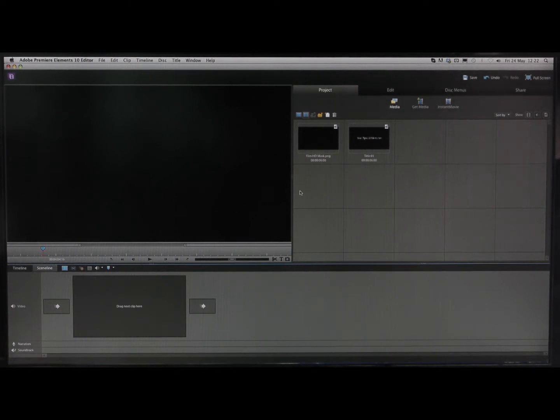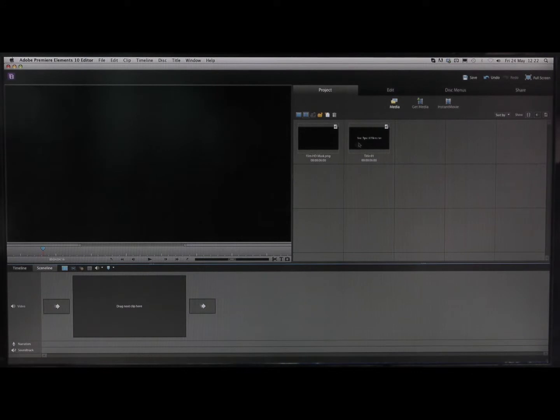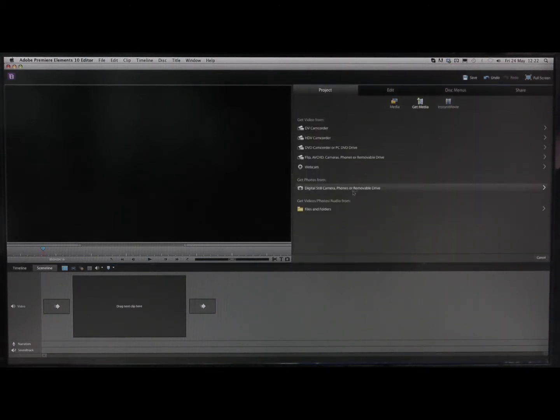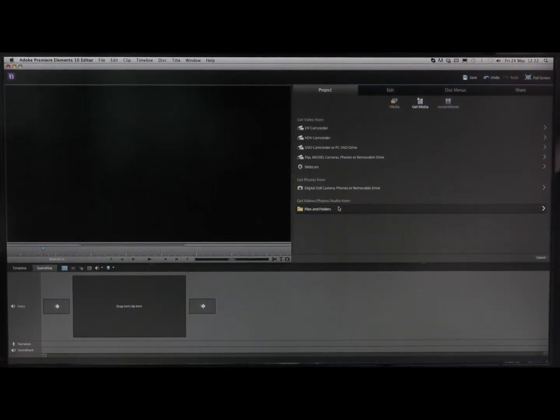So the first thing you need to do is to import the media that you want to use. Now if you're using AVC HD files, which is how we produce our Cine Film, then you'll need to do the following steps. This is your main screen, this is your timeline down here, and in here you can see all of your project files. So to get them in there, you need to go to Import Media, choose Files and Folders, which is the bottom option,